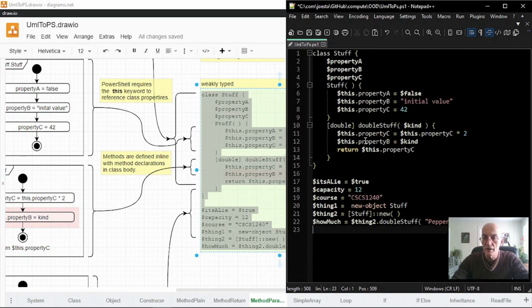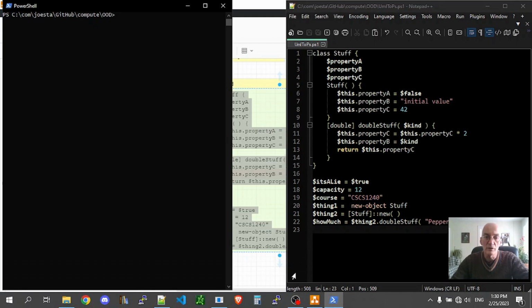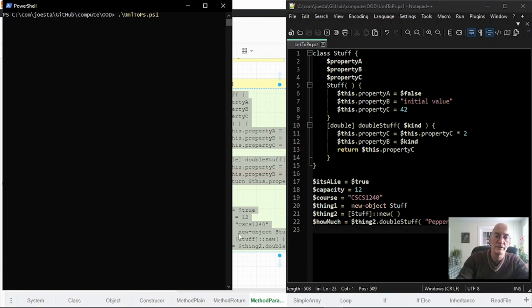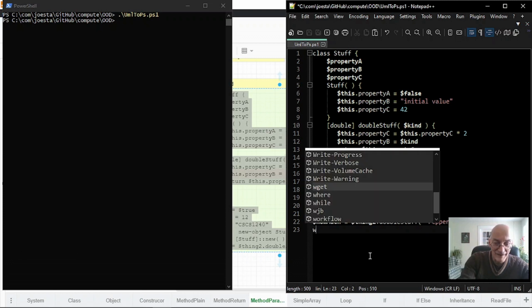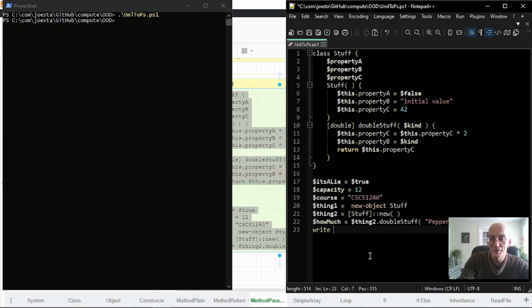I'll paste it in here. I will save that. Bring up my command line interpreter and say, hey, PowerShell, take a look. And PowerShell says, I'm happy. I'm fine with that. Did it do its thing? Yeah. Why wouldn't it have? But if you are the doubting type, you could come over here and say, oops, Write-Host